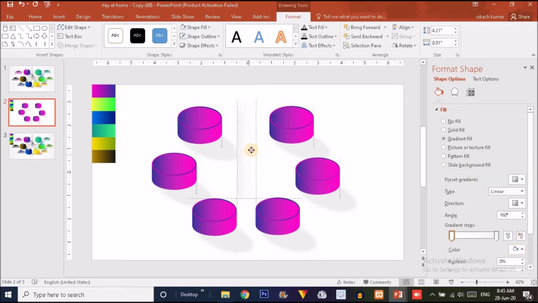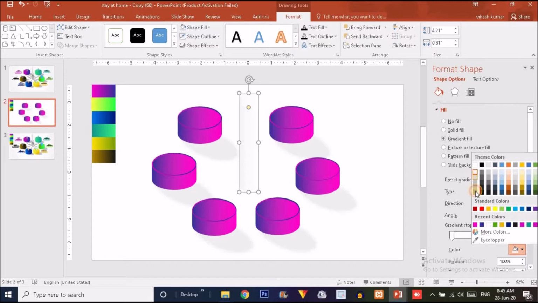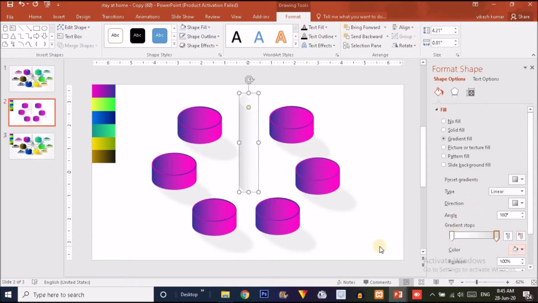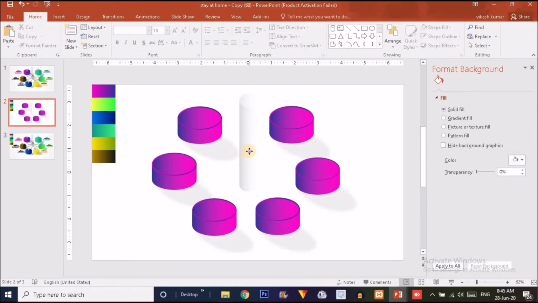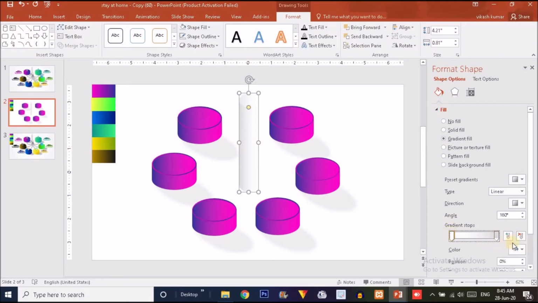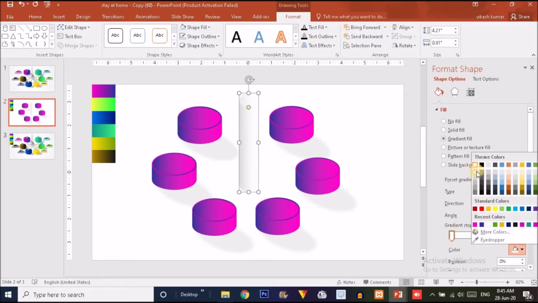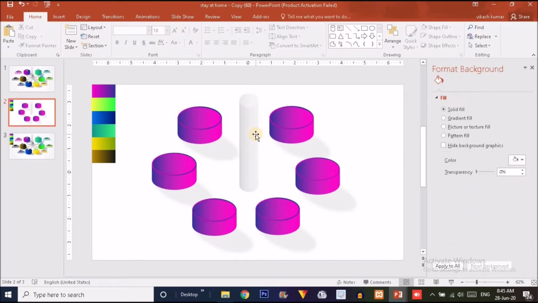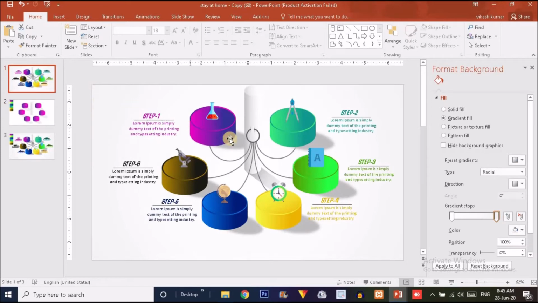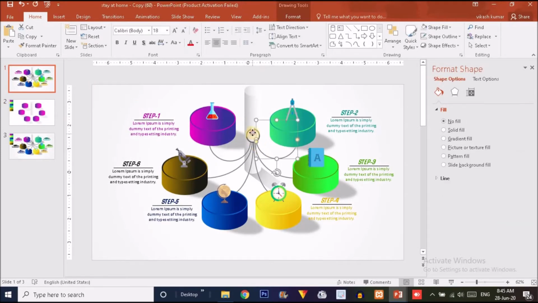So now you can see here, for the right color I have to choose a darker color over here, and for the left handle I have to choose a light gray color over here. Okay, so now we're done with this shape. Now what we have to do is create this type of effect over here. So let me show you how I have created this type of effect.